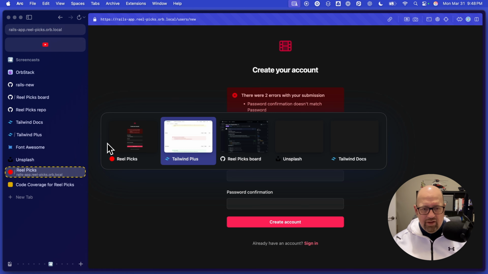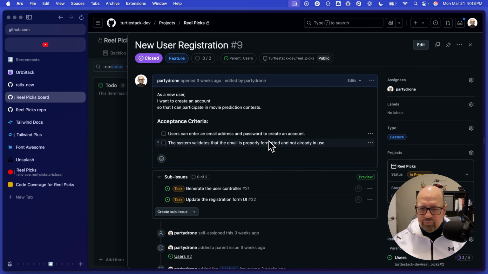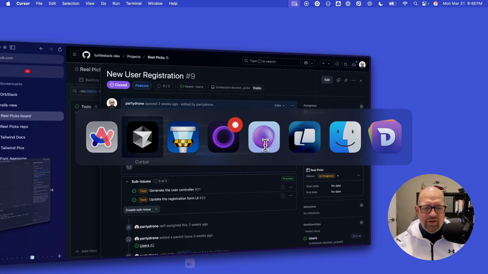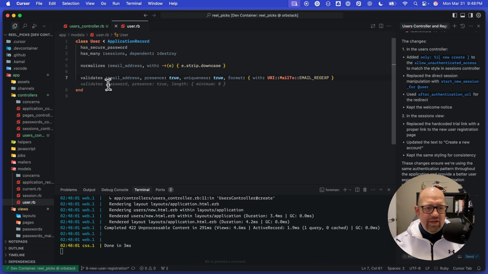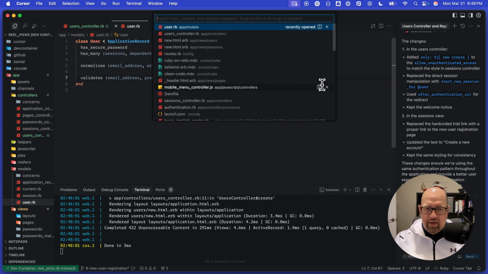So now we can actually go back to our board. Users could enter an email address and a password to create an account. We did that. And the system validates that the email is properly formatted and not already in use. So this properly formatted part was actually done as part of a previous video. If we go back to our code and open up our user model, we can see that we have this validation for the email address, which includes a format. And we also have